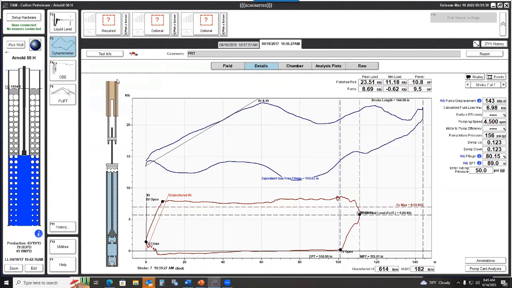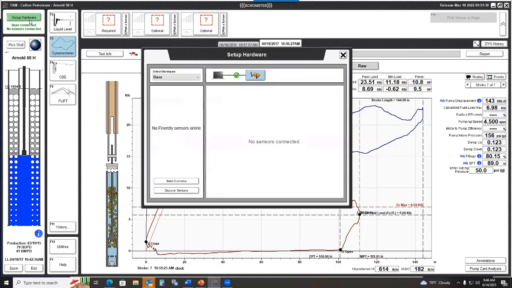Now, in this particular example, what I have is a Horseshoe load cell transducer that is sitting on my countertop across the way. And I've just turned on the sensor, so that way my base station can discover it. And so if I go up to Setup Hardware here at the top left on the screen and select Setup Hardware, this particular sensor is not appearing. Well, for one thing, it's because it's a new sensor and I haven't paired it with my base station. So I'm going to navigate down to Discover Sensors,